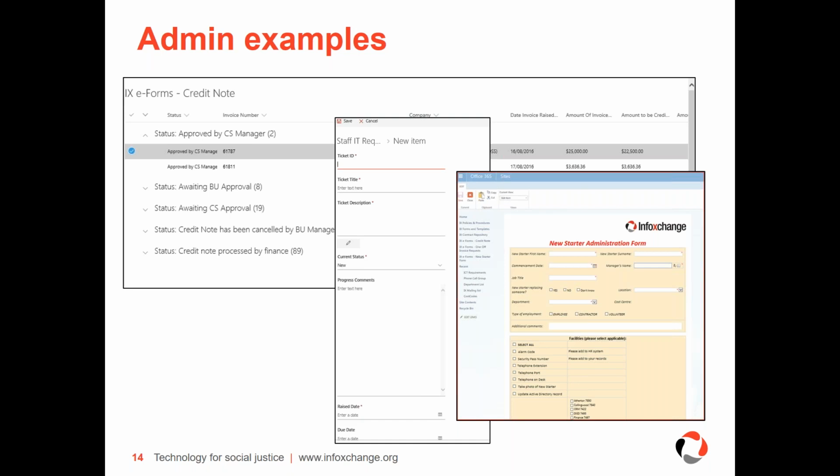An example that we were shown in one of the demonstrations from Microsoft was a building form for building works, and it was a 65-page Word document with about 20 different people having to enter things at different stages. They were able to simplify that in SharePoint lists and automate a lot of the processing and therefore eliminate the paper need. You think now if you're eliminating paper, you're storing things electronically, which now means you can also find things a lot quicker because you can search for them, as opposed to if somebody misfiled them in the paper system. You now have the fun of going through everything hoping to find what you're looking for.